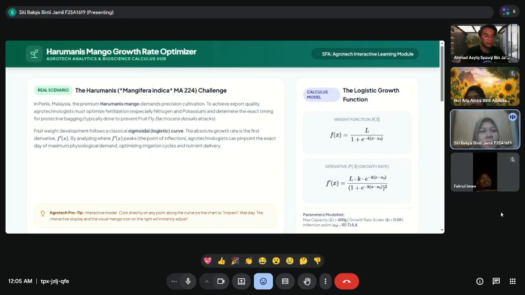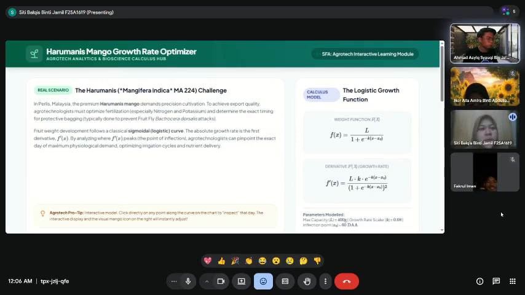F25A1619. Today I'm going to present an innovative agrotech project titled the Harmonized Mango Growth Rate Optimizer. As we all know, the premium Harumanis mango cultivated in Perlis, Malaysia demands precision cultivation to successfully achieve export quality